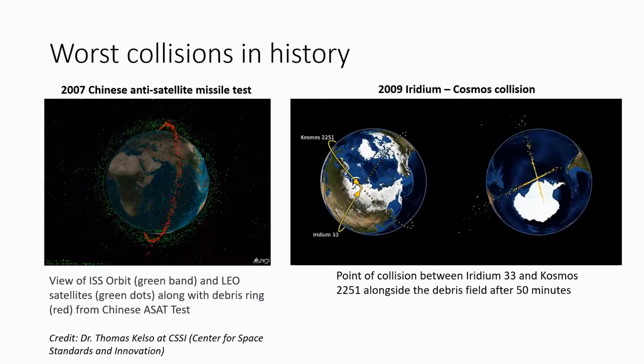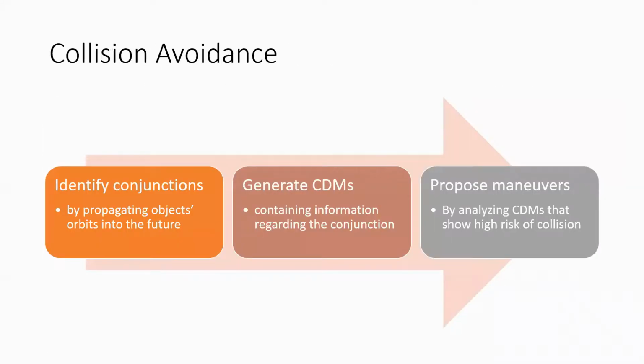But it's still these types of collisions. The threat of space debris is still very, very real, and it's very important that we do something. And it's high time that we start planning in a way that it's part of the satellite's operation itself. So collisions can be avoided, so it's not something that is completely out of our control. They can be avoided, and in fact, more and more satellite operators are putting collision avoidance as a part of their